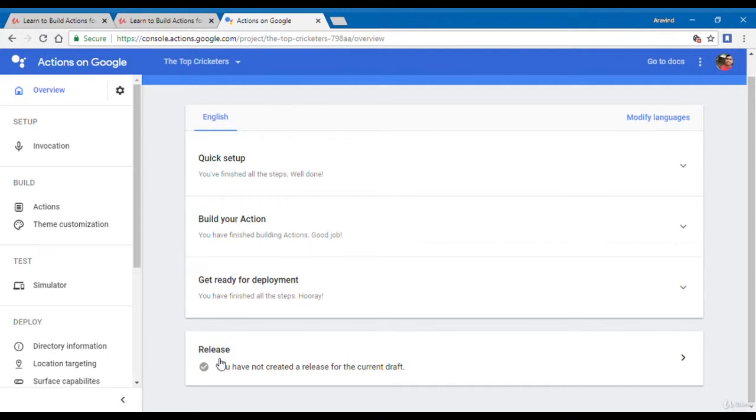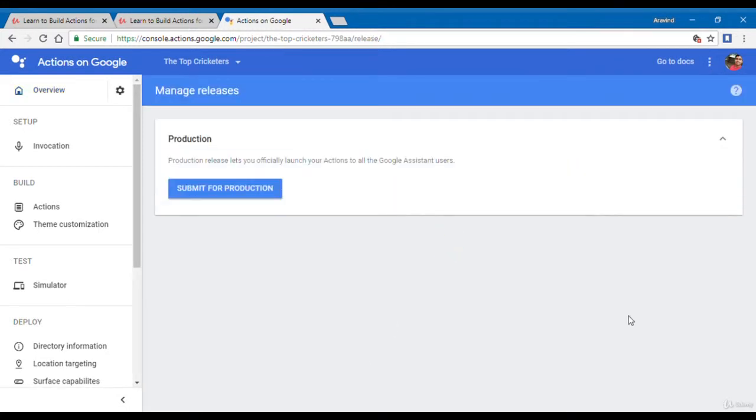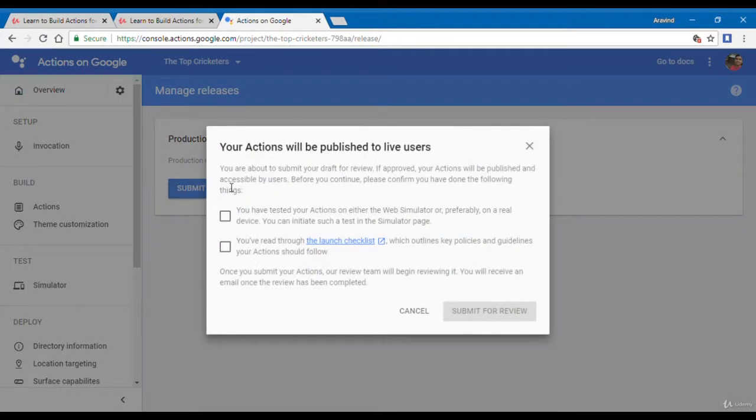And the last thing, release: you have not created a release for the current draft. So that's the thing we are going to do here to submit it for review. Just click on that. You will be shown this button. Click on submit for production, and you'll be asked whether you have tested the actions and read through